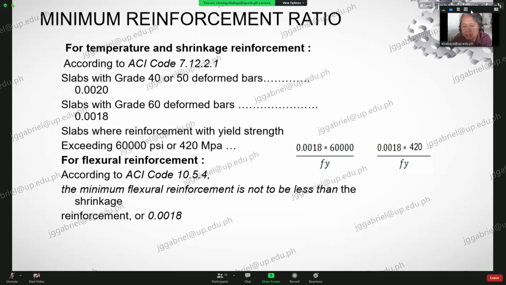So we will call those moment reinforcements because those are perpendicular to the temperature and shrinkage reinforcement. Okay, so the directions of our reinforcements are clear. Temperature and shrinkage reinforcements are along the length